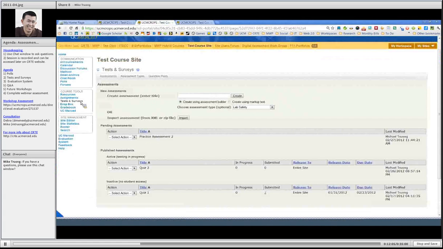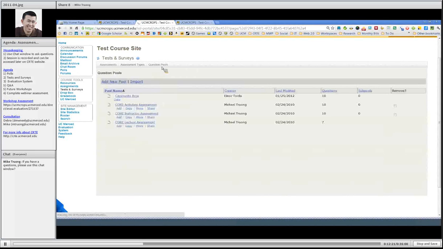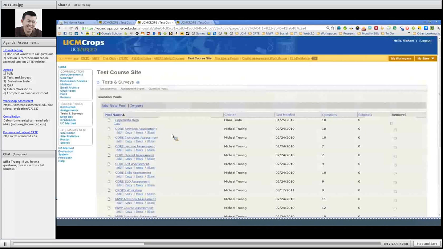right there. This test and survey tool allows for a little bit more sophistication in terms of the types of questions you can ask, and also some of the settings. For example, you can see here when I go to the question pool, you can actually create pools of questions that you are using for